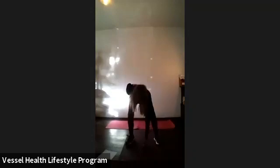10 on the right, 10 on the left. And so you can decide to have both weights. You can also set one weight down and do the same move with one weight, however it feels comfortable. And let's do 10. 1, down, 2,